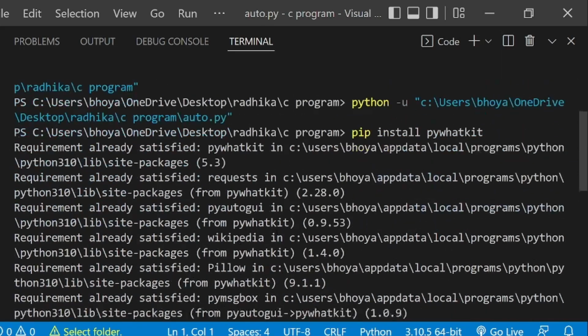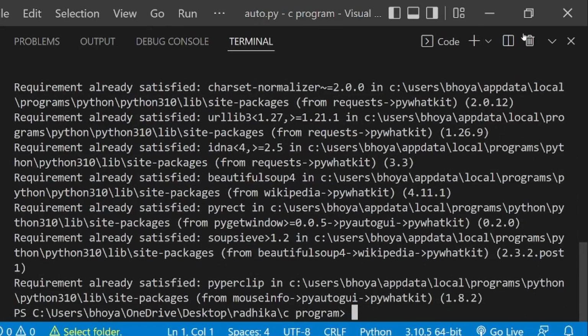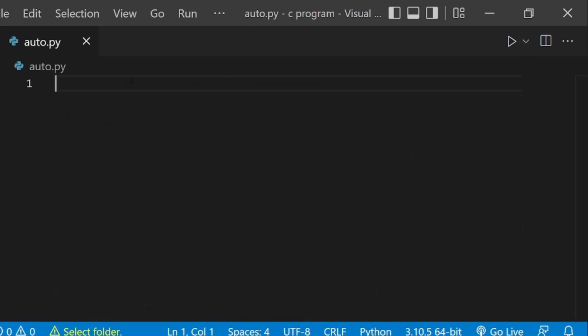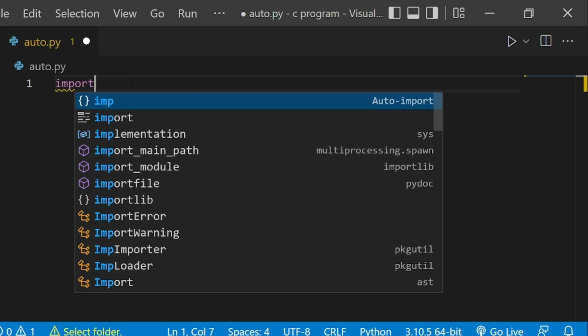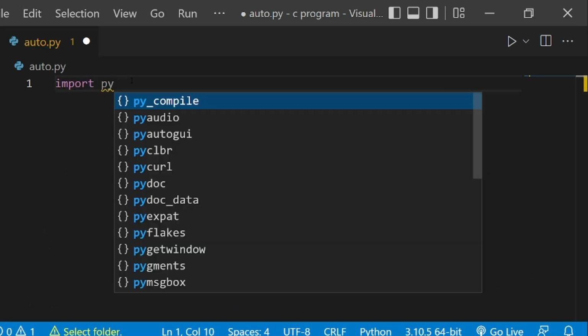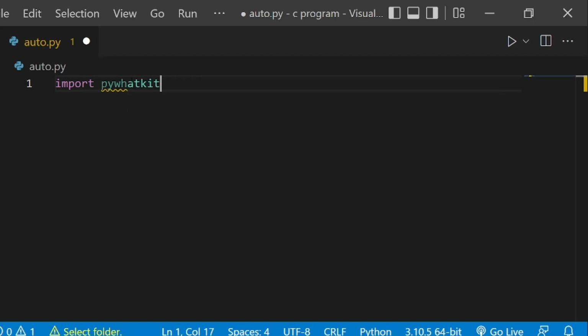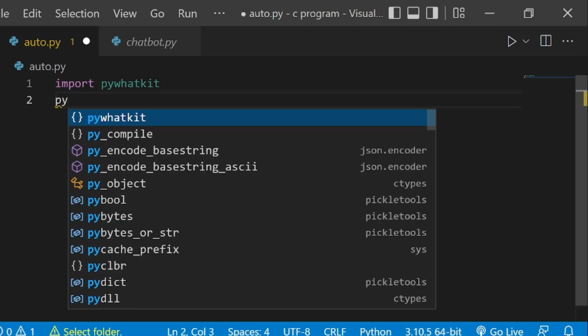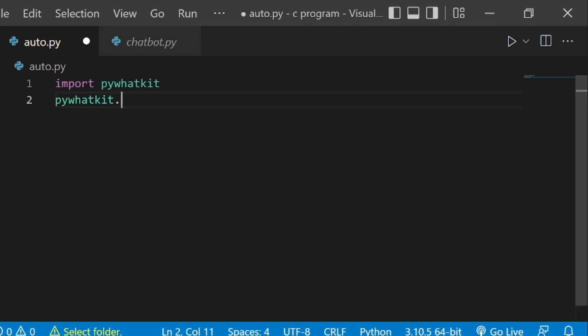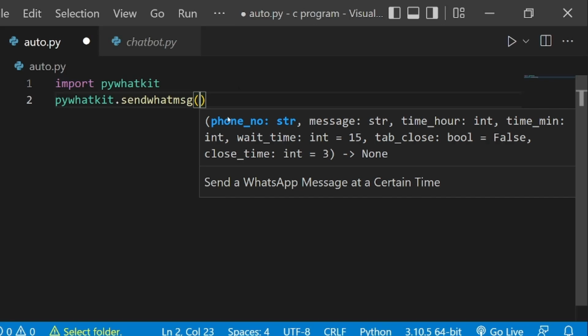So you can install it, and after that you need to write here import pywhatkit, and then in the next line you need to write pywhatkit.sendwhatmsg, and parenthesis. And now you can see here you need to write a phone number, and then a message,